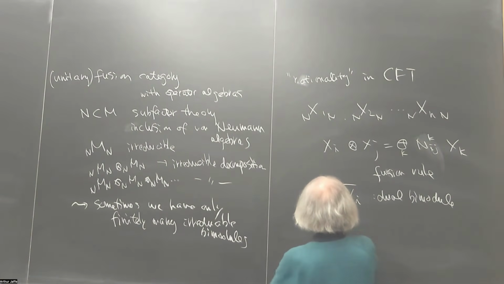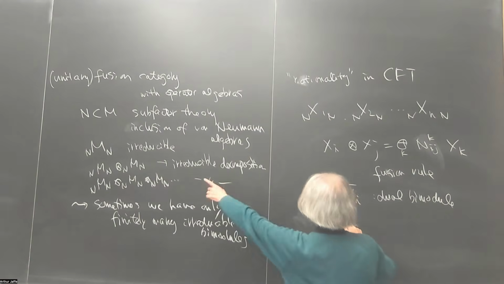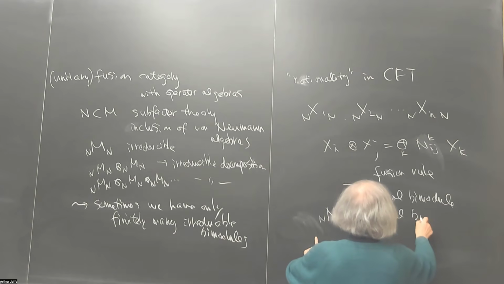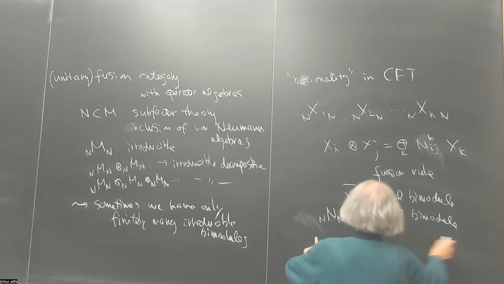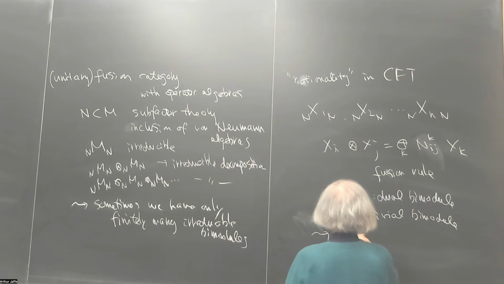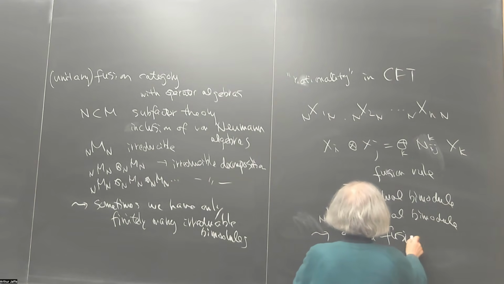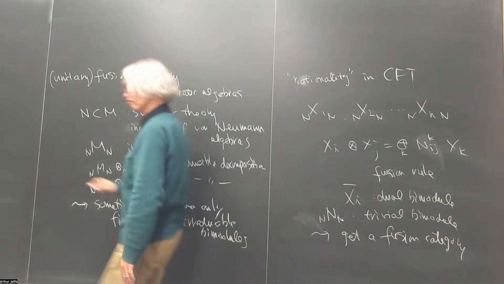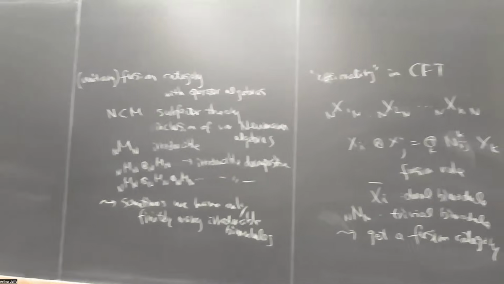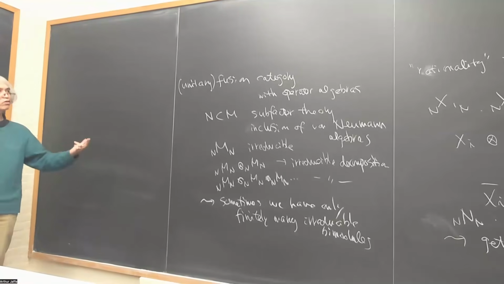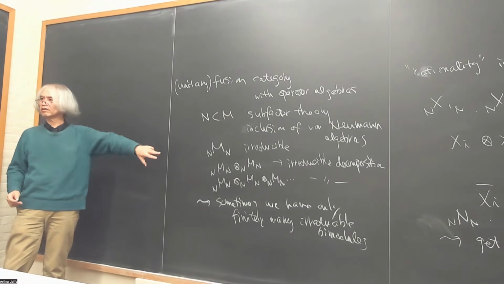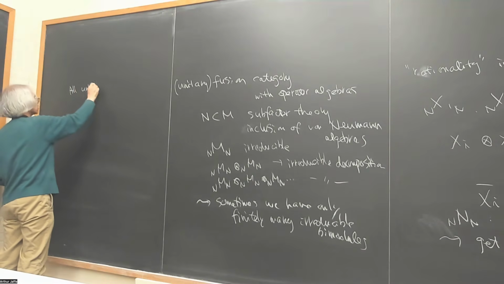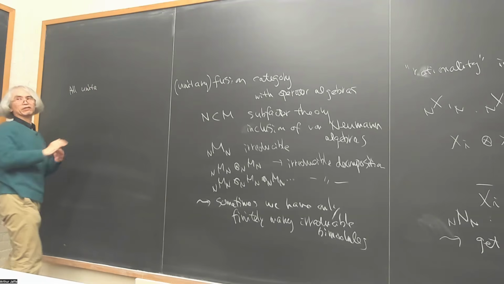Okay, we have a trivial object. This is part of that one. So this is the trivial one. So we get a fusion category. Yeah. Actually, it turned out that all unitary fusion categories are realized in this way. This is quite non-trivial, but it has been known for many years in operator algebra.